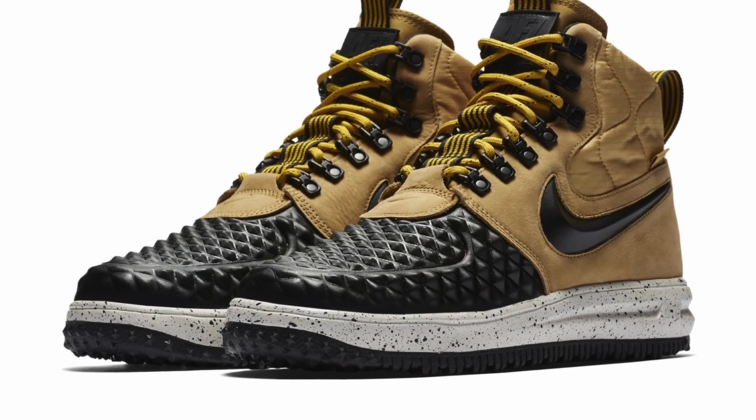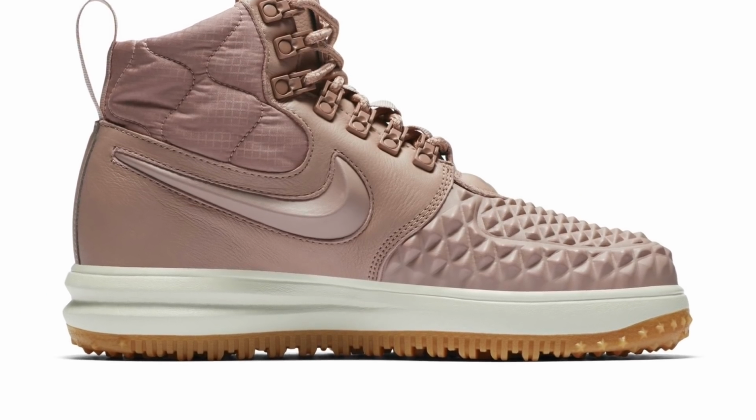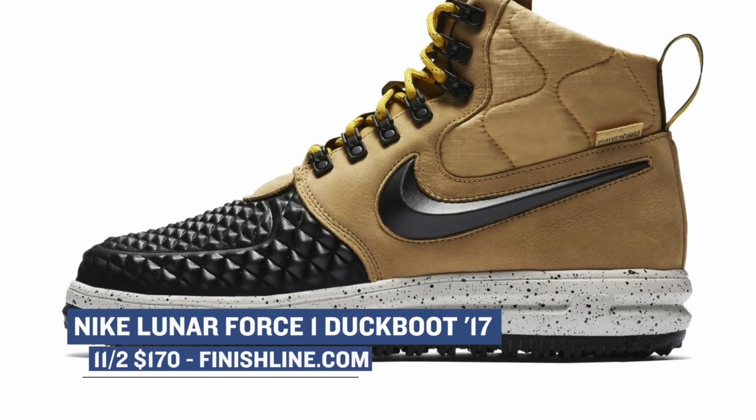When it comes to the Nike Air Force One, I feel like Nike really lets their designers explore and experiment with the shoe, which has some good and some, I would say, not so good results. Coming in on the good side is the Nike DUCKBOOT. For this iteration of the shoe, Nike is using the Lunar Force model, and the men and the women get their own colorways. I'm obviously partial to the men's colorway on this one, but both pairs will cost you $170